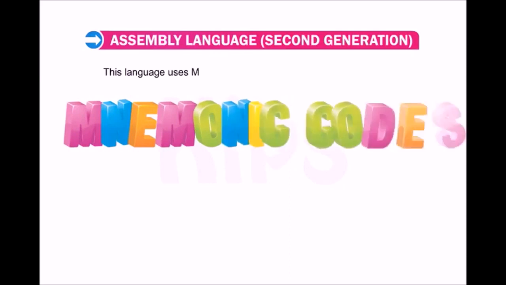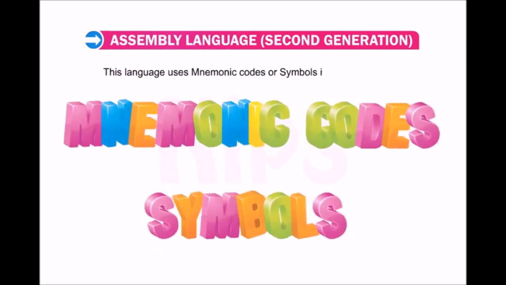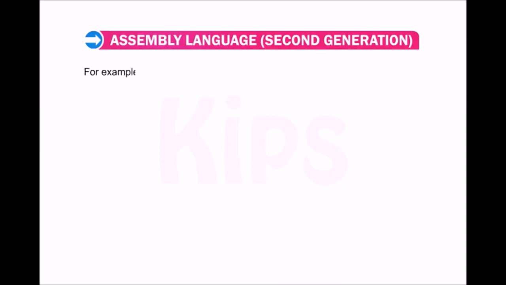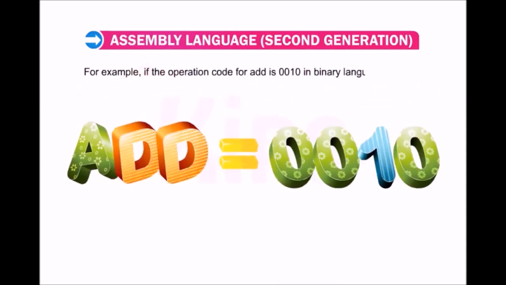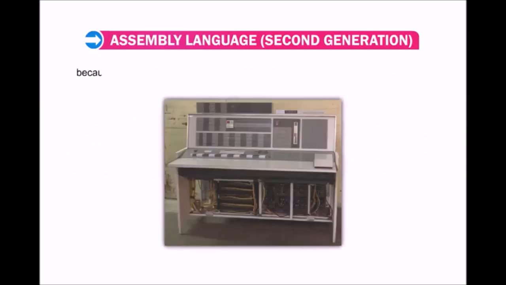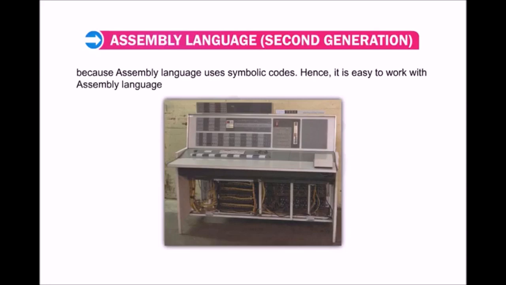Okay, let me tell you about assembly language, second generation language. This language uses mnemonic codes or symbols in place of 0 and 1. For example, if the operation code for add is 0010 in binary language, it can be directly written as add in assembly language. Because assembly language uses symbolic codes, it is easy to work with assembly language than in